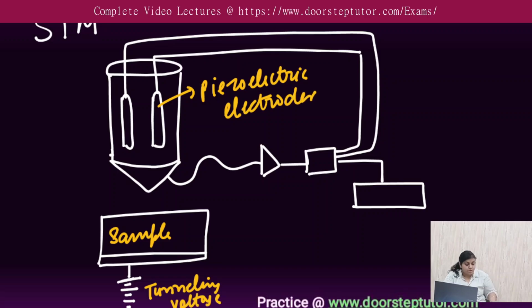Piezoelectric electrodes are placed, and this is the amplifier for the current which will be produced during the process. We will be amplifying it. So this is called the tunneling current amplifier. Why are we calling it the tunneling current amplifier, and the tunneling voltage terms are